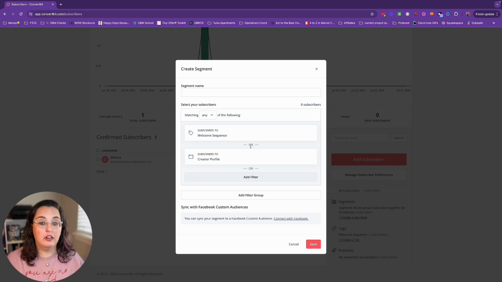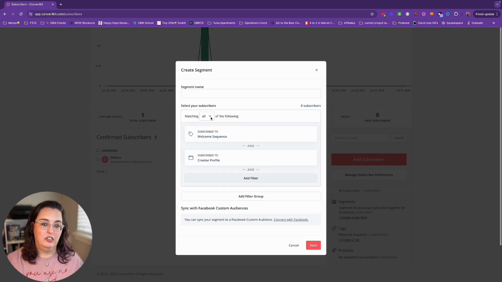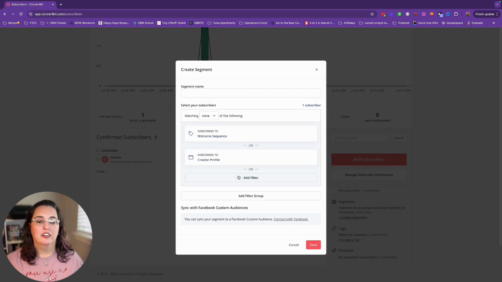Now this or means that they can have any of those options. They don't have to have all of them. Now if I change this to all, this changes to and, which means they have to have the welcome sequence tag, and they have to have subscribed to the creator profile, and whatever else I add there. So that's just a way to really visualize that difference. If we choose none, then it's going to be they don't have the welcome sequence tag, or they don't have the creator profile form, or